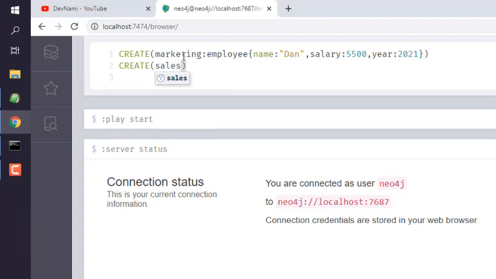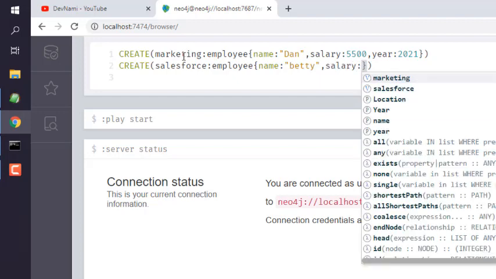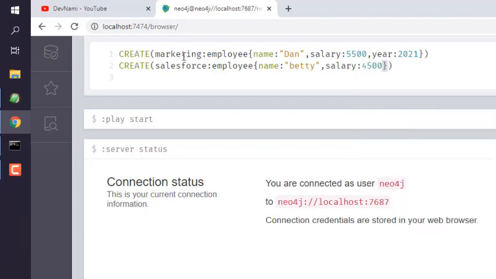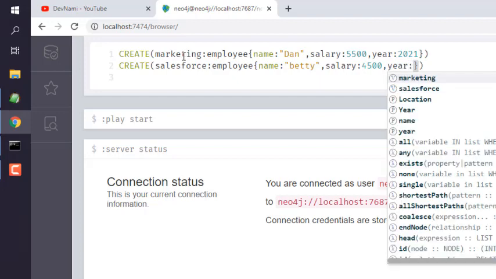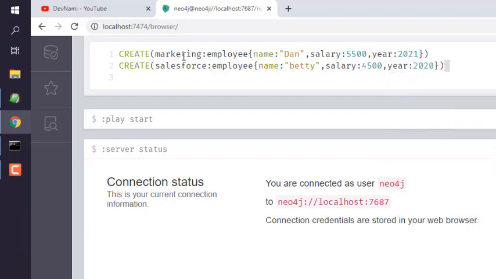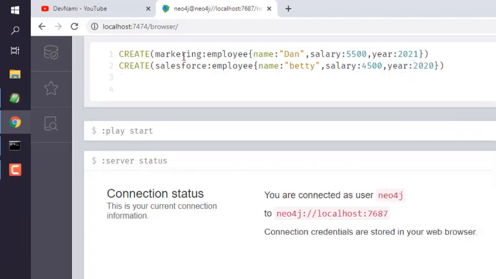Let's go with Salesforce team. So we add Salesforce, then employee, and we will add, let's say, another user. Okay, and let's add their salary as well. Okay, along with the year. So let's say 2021. Okay, and then we will add this into